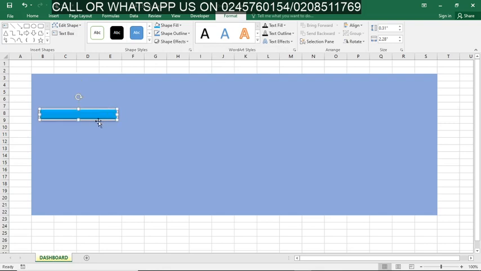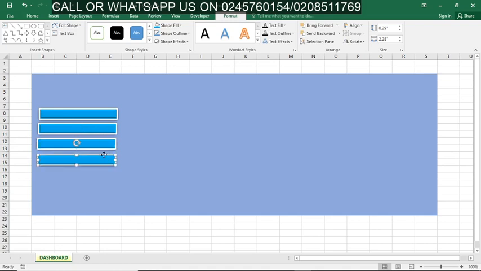So as I said, it depends on the class that you are, but in this case we are creating for lower primary. So we just have to press and hold the control key. In the lower primary you need nine subjects. So we continue creating, you duplicate these ones, you press and hold, you click and drag, just like this, then you have